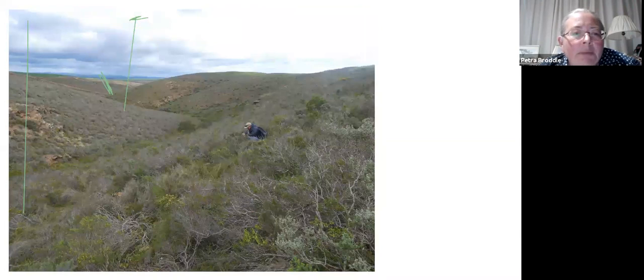So here is another picture of the Renosterveld, and what you'll see throughout the pictures that I'm going to show you is that the Renosterveld tends to occur on particular sites within the Overberg. One of the first things that I really realized after I spent quite a few weeks in the Renosterveld was that after all that time, I still didn't know what the Renosterveld looked like. If someone asked me, what does the Renosterveld look like, I still couldn't really tell them. And the reason for that is that